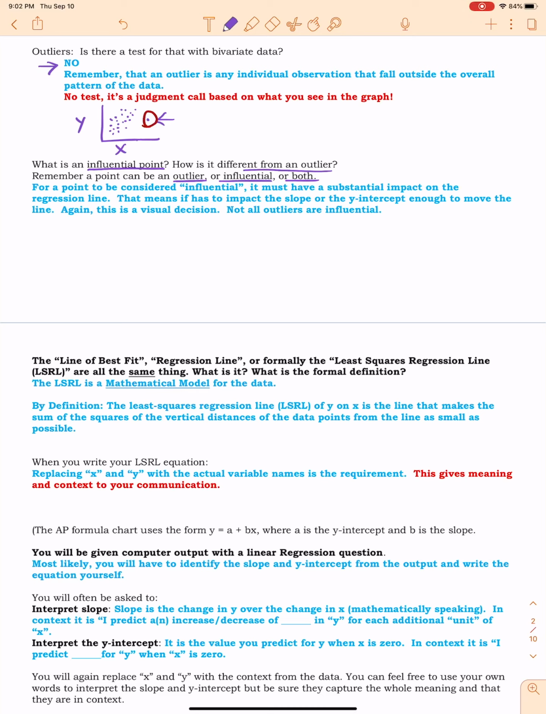So, is it influential? Well, it's considered influential if it has an impact on the regression line. In other words, it impacts it so much that the slope or the y-intercept or both move enough away from the original line. So what would that look like? Well, let's say